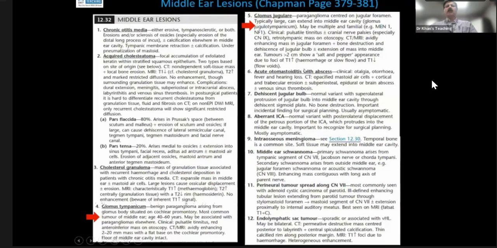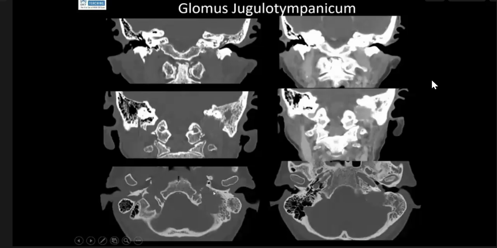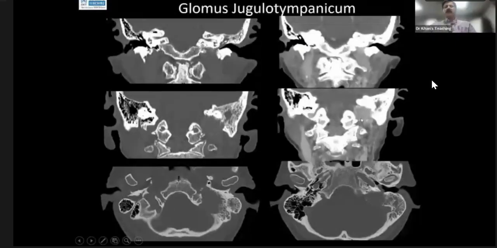So the key point to remember is 2 points. On a CT scan, look for permeative bony destruction. So look carefully on this case. This is another example. Look at the margin of this lesion and look at the surrounding bone. And this is a classical example of permeative bony destruction. When you give contrast, it enhances like anything. This permeative bony destruction on a CT scan makes it,